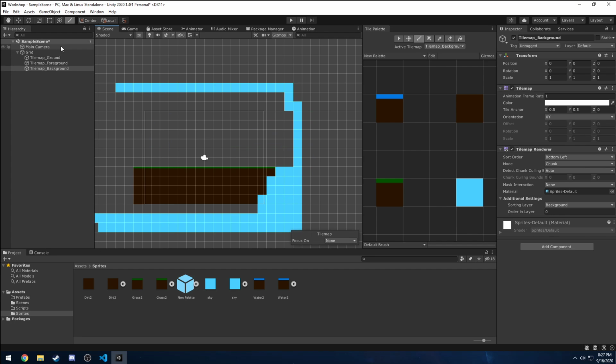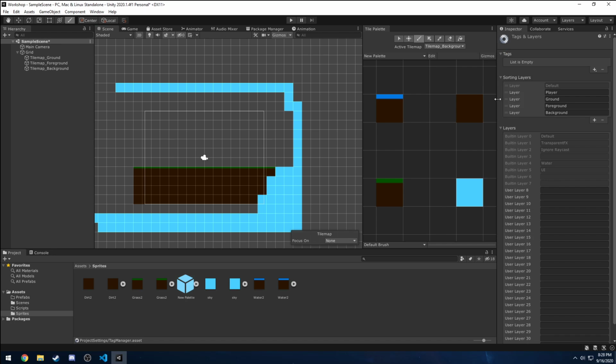Oh, okay. So I made one more mistake. Promised, last one. The order here for the sorting layers, I think it's just reversed. I think you're just gonna have to reverse that. There we go. So it should go player, ground, foreground, background. Or actually the opposite. Background, foreground, ground, player from top to bottom. See, so now when we draw the background in, it's behind the foreground, which